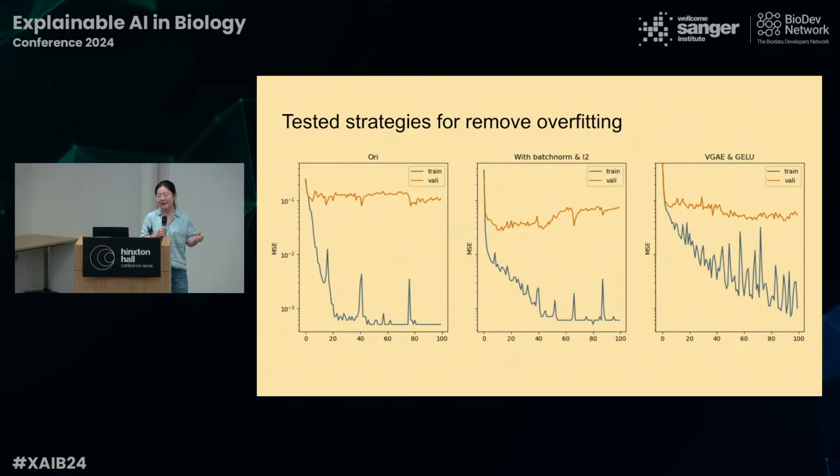So that's with the batch norm. And the second thing I tried is to implement variational graph autoencoders, but it's not really an autoencoder because I don't actually have a decoder there. I just basically have the KL divergence plus the MSE as the loss function there,